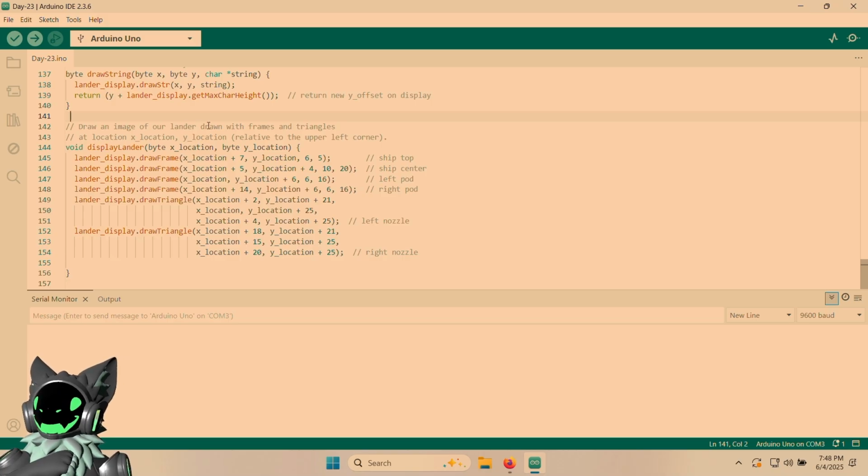Draw an image of our lander drawn with frames and triangles. Now, I don't know any more this time than I did last time, other than this is how we make the triangles. There's no uploaded PNG. It's just coordinate values that make up this. How you get to this point, I'm not entirely sure. I'm sure there's probably some way to work out what you would stick in here for this, but